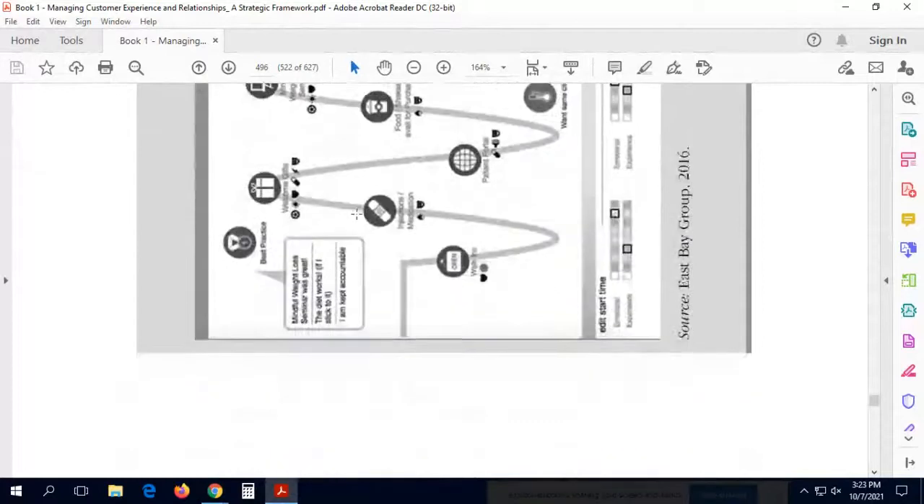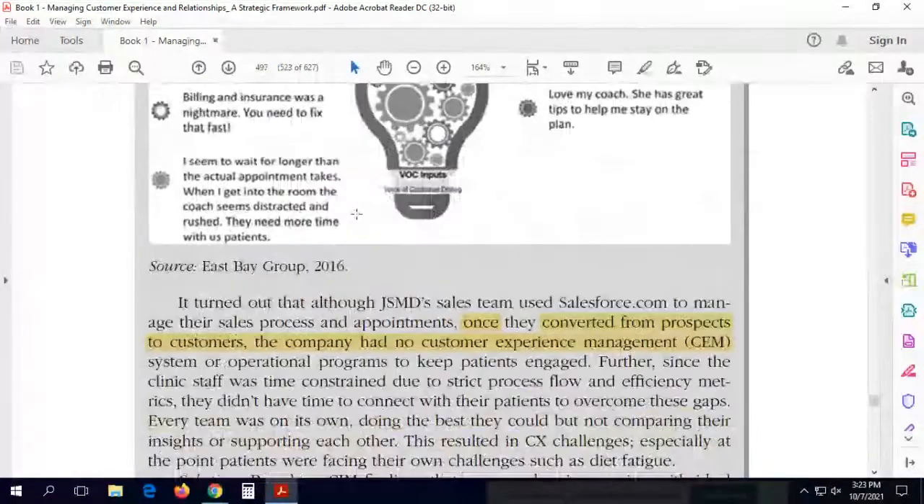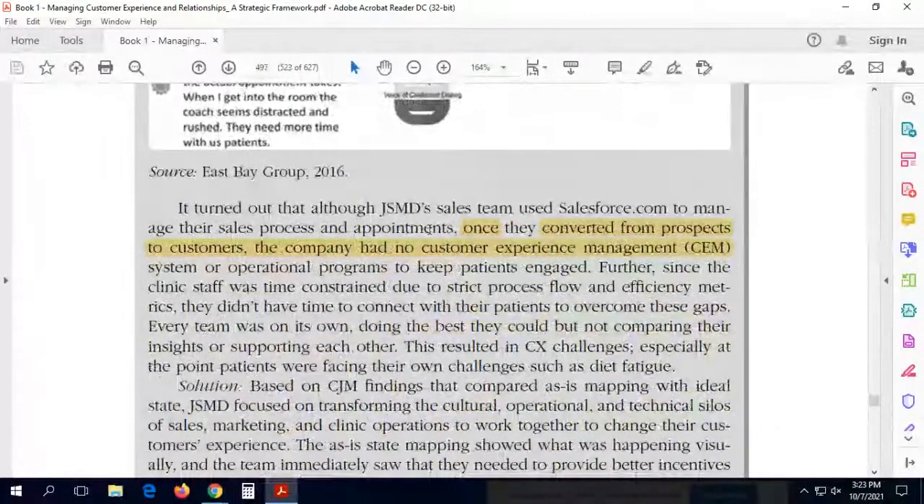I think these are the major things which I would like to discuss for this chapter. But once converted from prospects to customers, the company had no customer experience management, and this is a very big challenge. So you would have customers, and you would be converting them from prospects to customers, and you would be trying to bring them